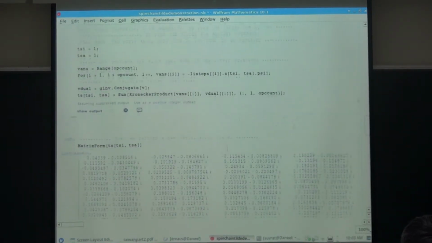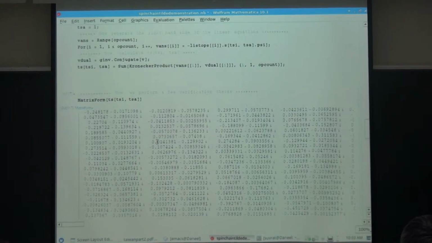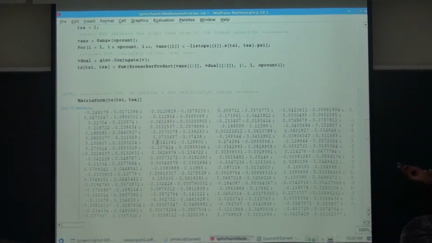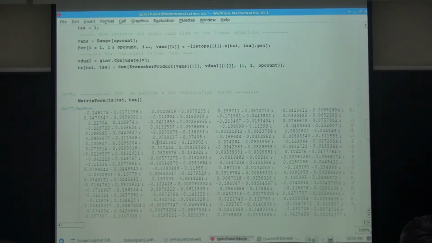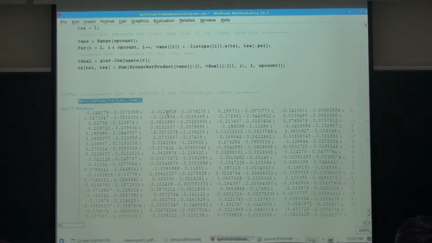So let me just show you what this thing looks like. You get some horrible matrix, okay? Some totally horrible matrix. So you can solve these linear equations. Mathematica solves them. You get some 32 by 32 matrix, which doesn't have any nice structure. Because S11 looks very simple. S11 in this basis is trivial. Let me just show you what that is.